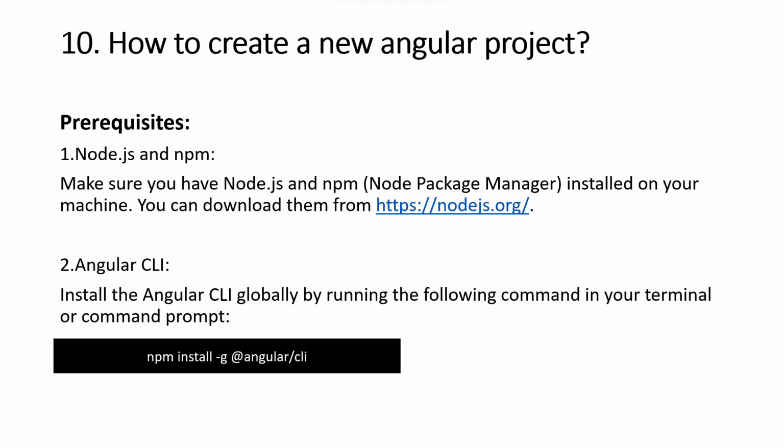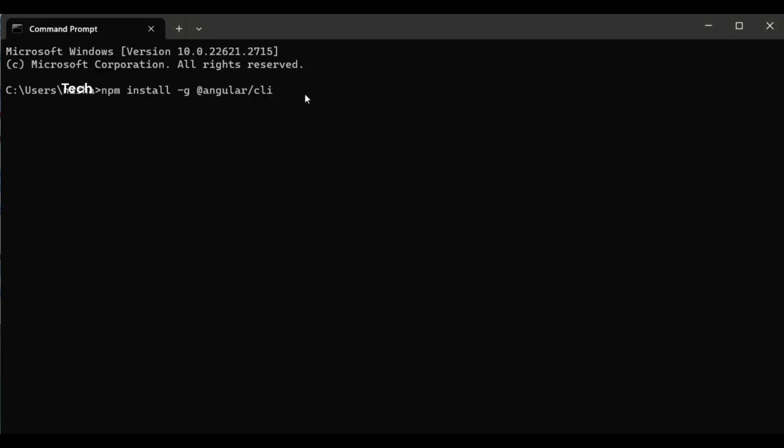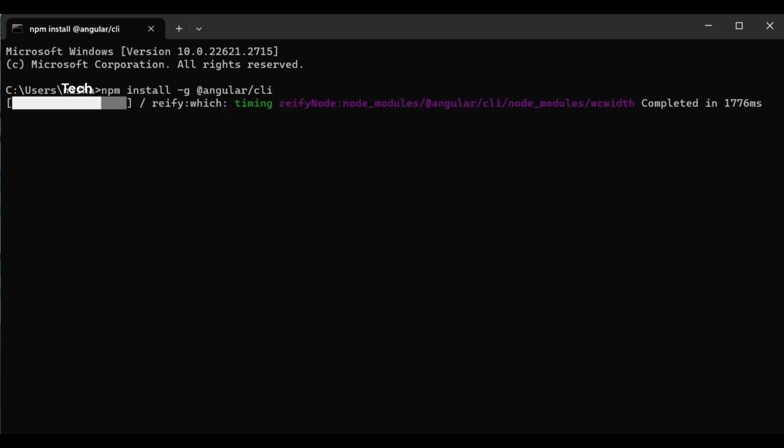The next one is Angular CLI. Install the Angular CLI globally by running the following command in your terminal or command prompt: npm install -g @angular/cli. Angular CLI, command line interface, is a powerful tool provided by the Angular team to streamline the development process of Angular applications. It offers a set of commands and utilities that make it easier to create, build, test, and deploy